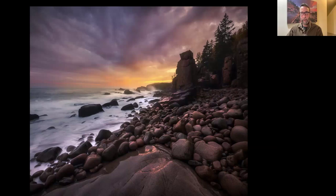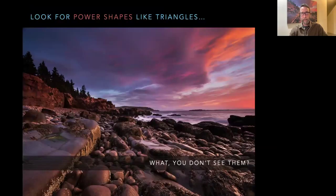And I knew I wanted to capture some breaking waves in the background. That's actually a very famous spot in the background called Thunder Hole, which I'm sure most of you have heard of. And then using this beautiful reflected light on this wet rock in the foreground to create that near-far relationship. All right, so